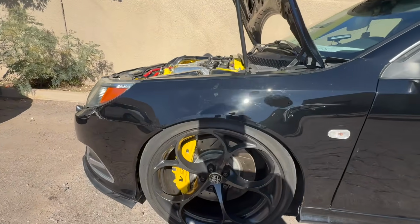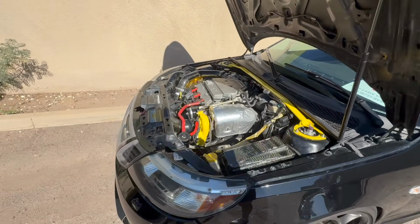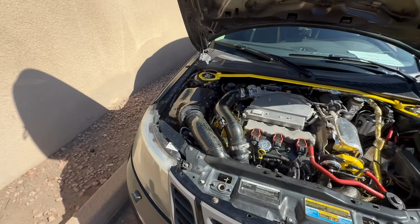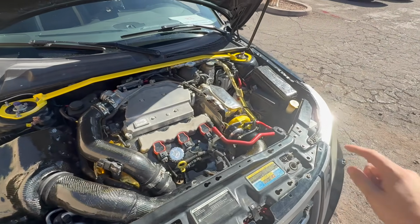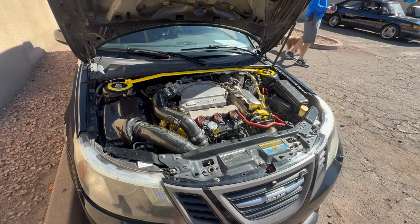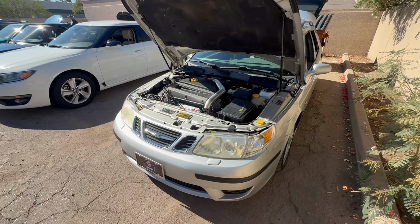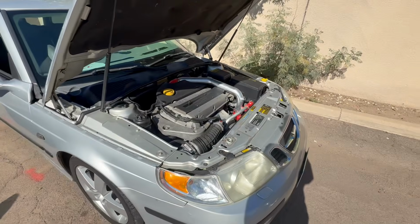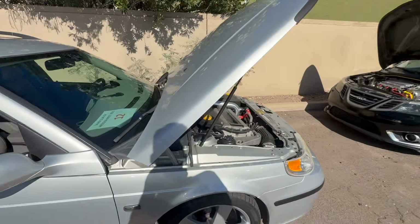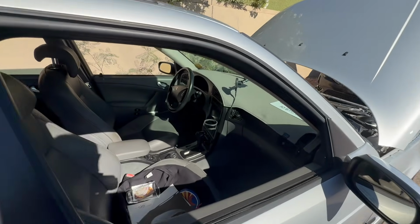CTSV brakes up here. Definitely something I'd like to do on my car at some point. And lots of carbon work under the hood here. Battery relocation, as you can see. Very cool. We have a 9.5 wagon. I've done a couple tunes on this car. It has a rebuilt engine with Wassner pistons in it, done here by none other than IMM, of course, as Ollie is now